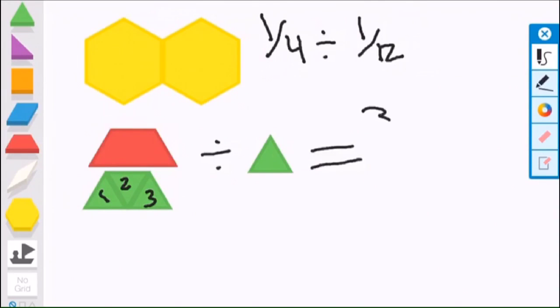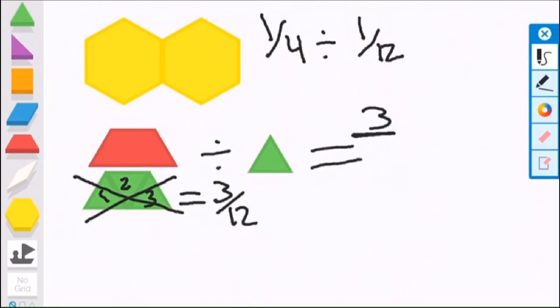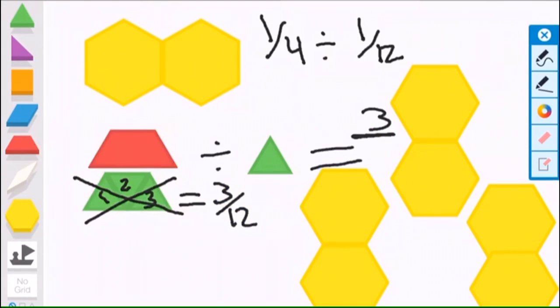However, the answer is not going to be 3 triangles, because 3 triangles would be equal to 3/12, and we need 3 whole. So how we do this is we need 3 sets of 2 hexagons. If you want to try figuring out if this is correct, you can go ahead,